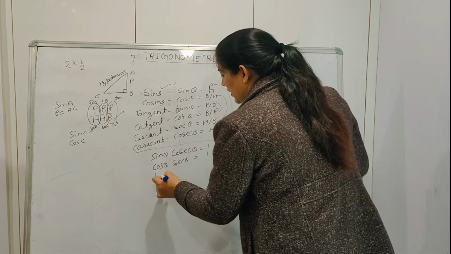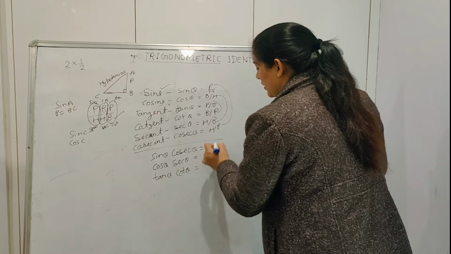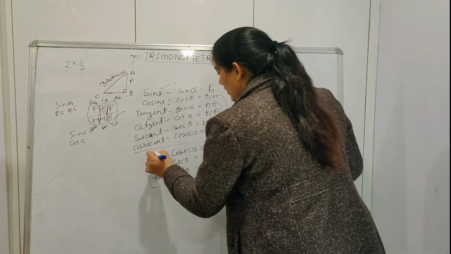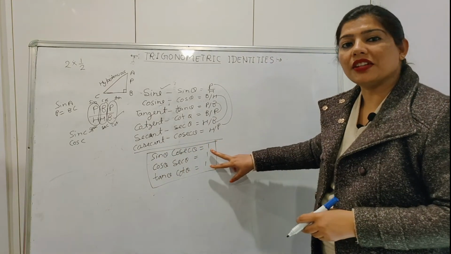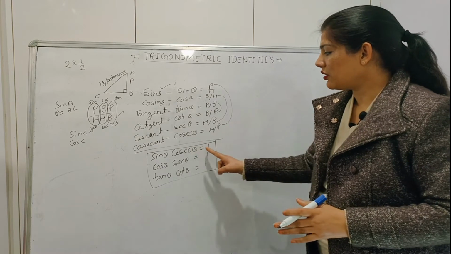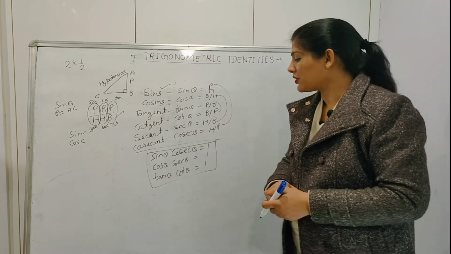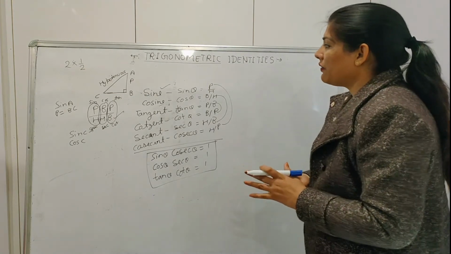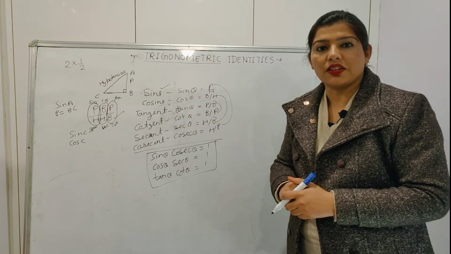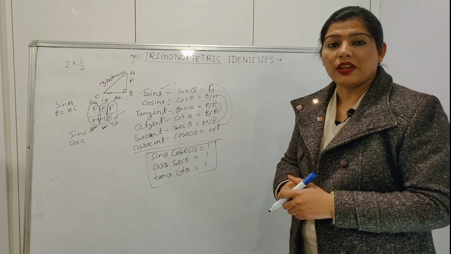And similarly tan theta cot theta is also equals to 1. Okay, so first three identities are here: sin theta cosec theta, cos theta sec theta, and the multiplication of tan cot is always 1. Then we can find 9 other identities from here, and we will get those identities from